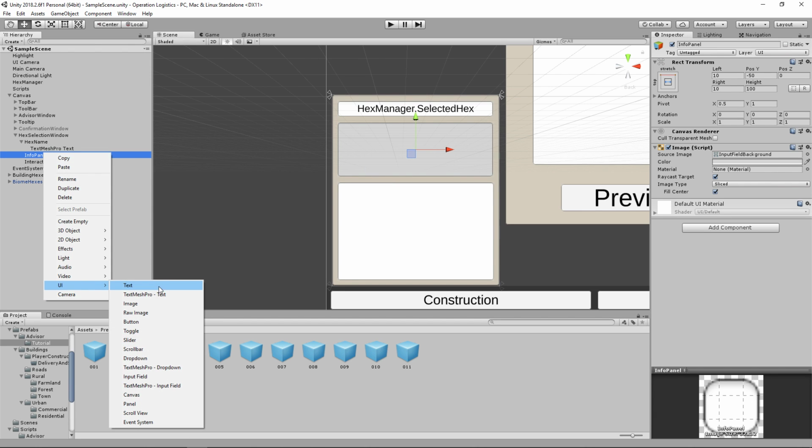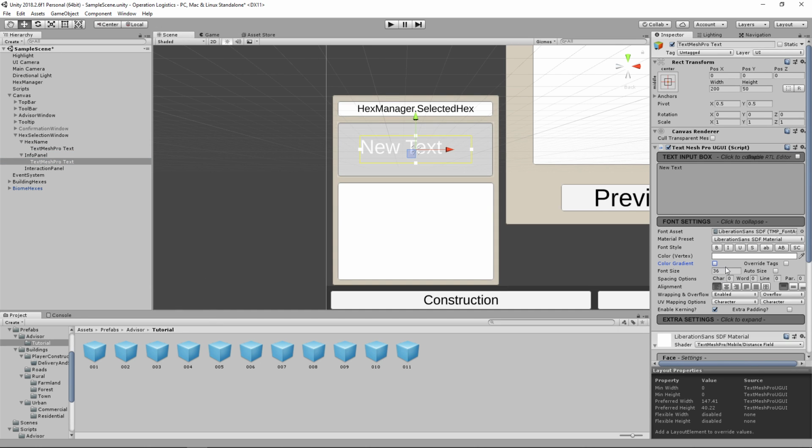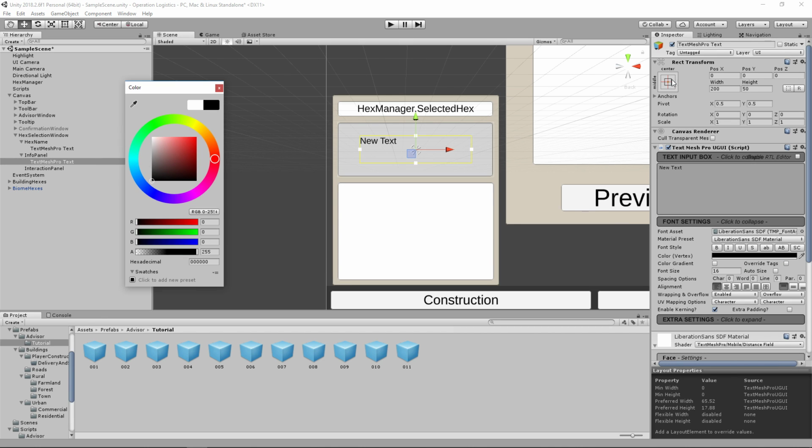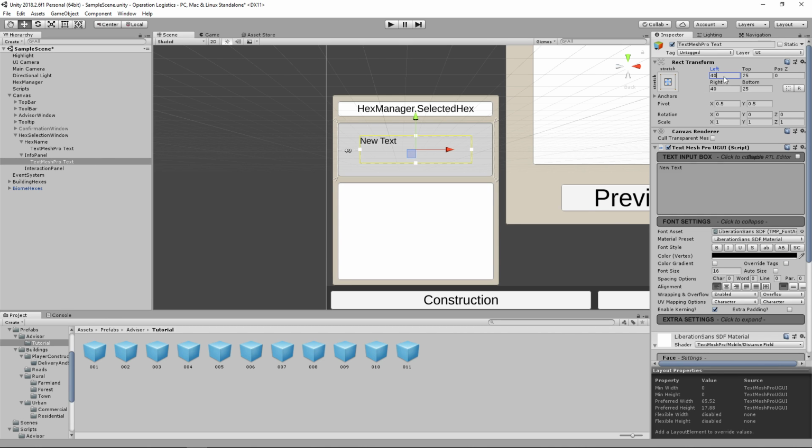So let's go ahead and create a UI TextMeshPro text. This will be a font size of 16, and it will definitely be black. There we go. We'll have this be stretched, 10 pixels all the way around. And for right now, this won't be pretty, but we can come back later on and adjust how this works. So this is going to go ahead and say something kind of along the lines of sorting capacity would be